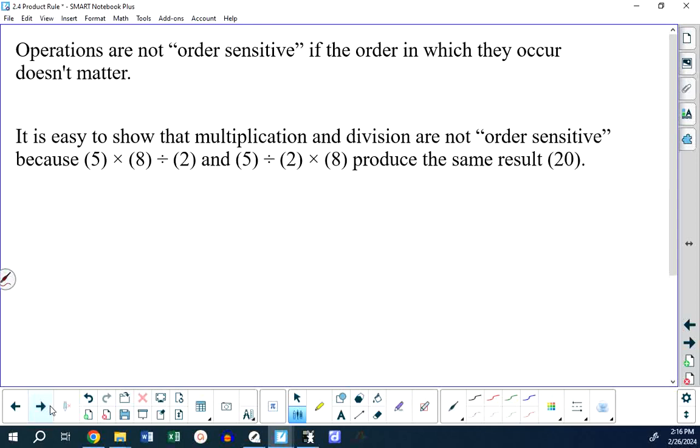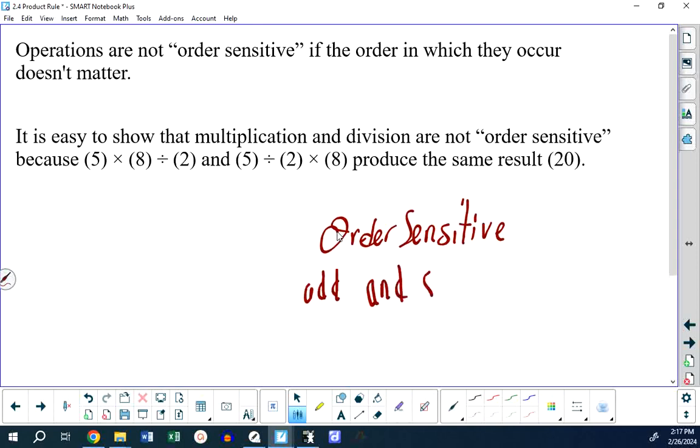For example, I'll give you another quick one. Order sensitive: adding and squaring. Right? This is why I would get incredibly upset with you if you thought that this was x squared plus y squared. Right? If you add x and y and then square it, you get x squared plus 2xy plus y squared. Okay? There's an order here that changes the outcome. You can't just square each of them and then decide to add them together. On the other hand, if it was x times y, then it wouldn't really matter if you squared everything first